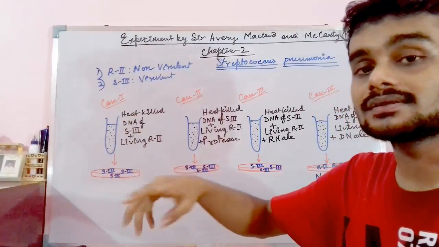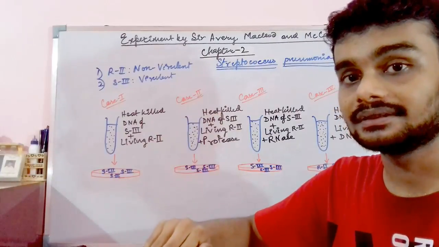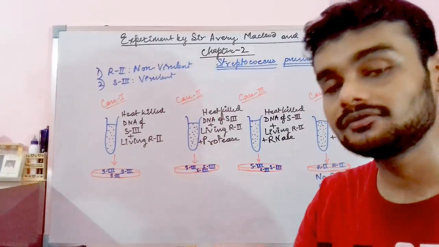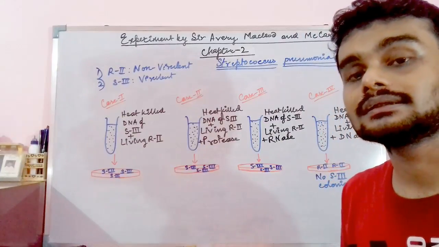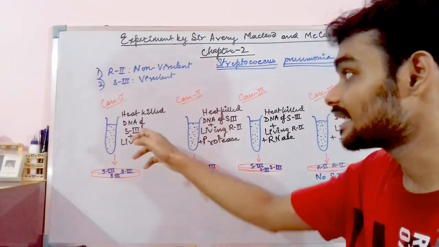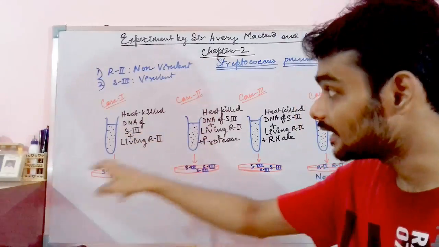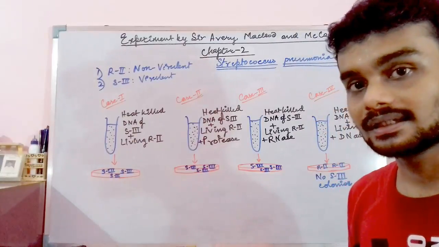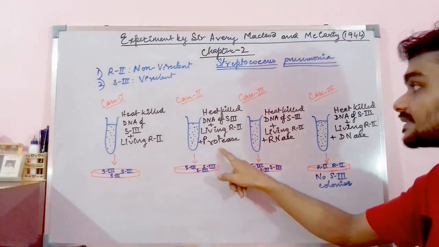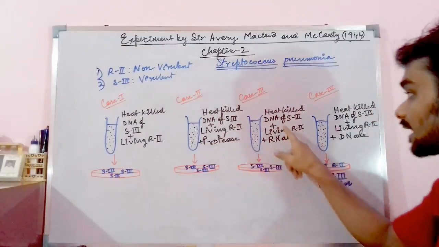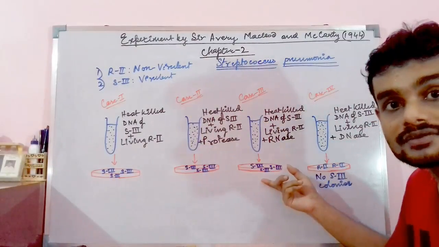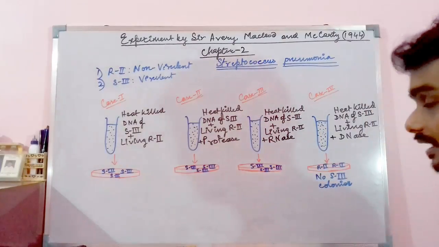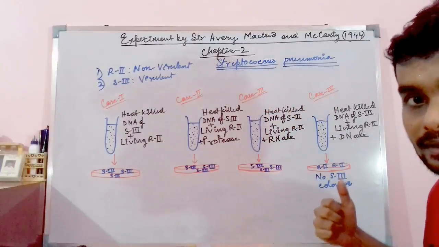And in Griffith's experiment also, the heat-killed S3 type was given. In that case also the same phenomenon was happening. The living R2 type converted into the living S3 type. And in this case, when the heat-killed DNA was given, then also the living R2 type converted to the S3 type living colonies. In the second case, in the presence of protease, the same phenomenon happened. In the third case, in the presence of DNase, the same phenomenon was happening. So it was more robust and rational in sense and a very radical approach